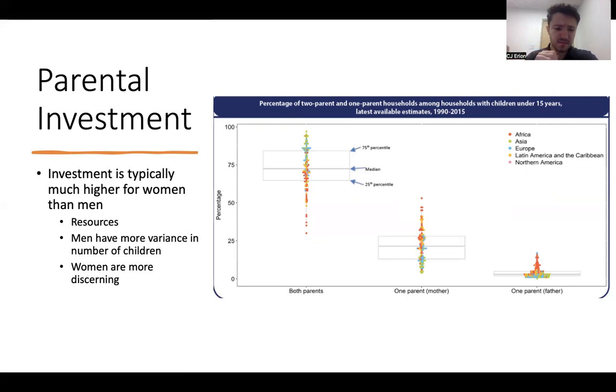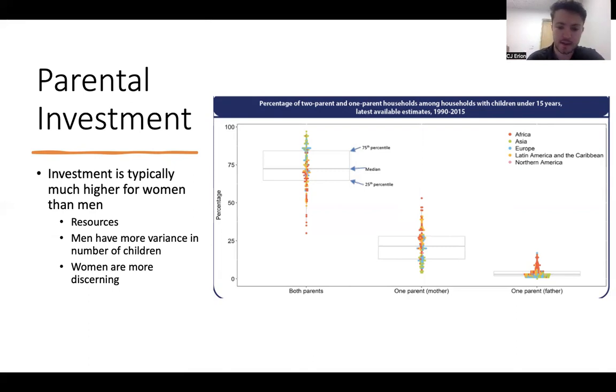And then also, based on this theory, women are more discerning. So basically, this gets at that fitness idea where men can get at the fitness and the reproduction aspect of that by reproduction with many different women, versus women are going to have to, again, invest more time, and therefore they want to make a good decision, one that's going to successfully pass on genes. Each partner is going to be more important for women, based on this theory.